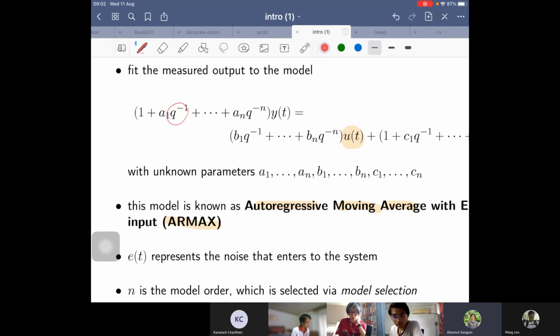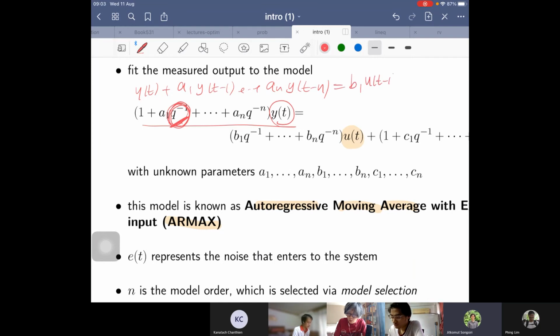So if I write down this equation: y(t) + a1 q^-1 y(t), this is a delay operator, so it means a1 y(t-1) ... an y(t-n), equals b1 u(t-1) ... bn u(t-n), plus